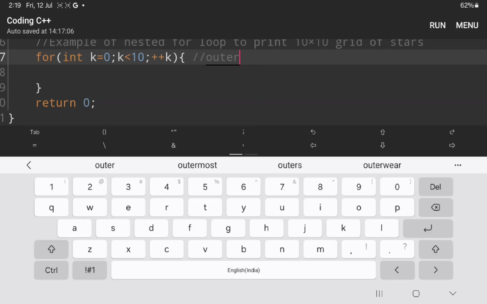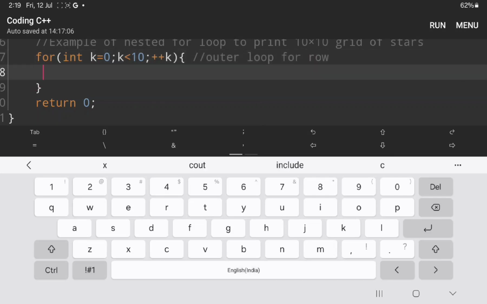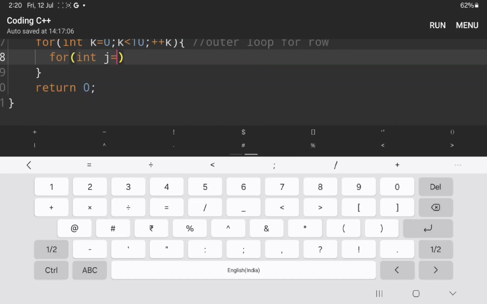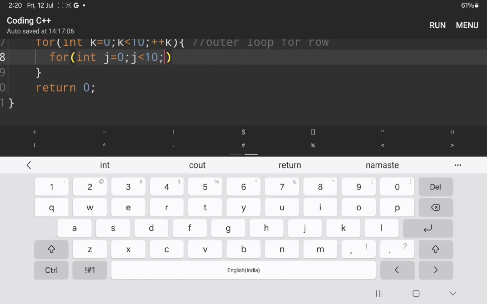Outer loop for row, and inside this I'm going to create another for loop, and I want to give this int and give this the name j equals 0, j less than 10 semicolon, and plus plus